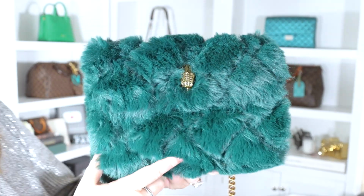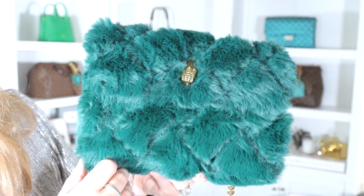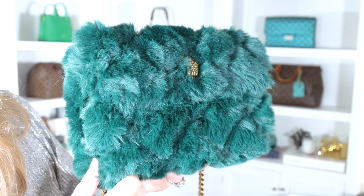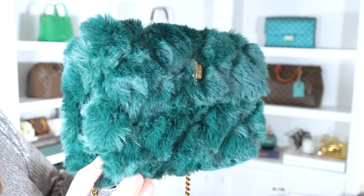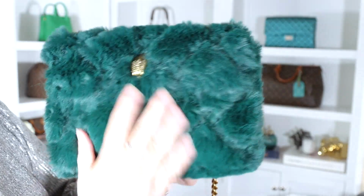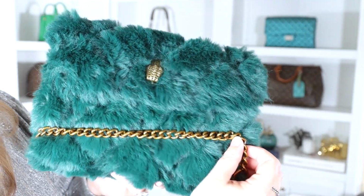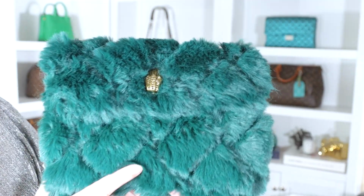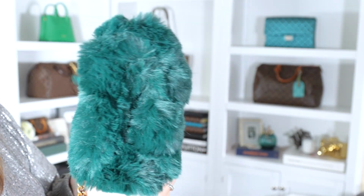It is darker than that. Well, I guess it really depends on the light that you have it in. That was one of the things I was wondering when I was looking at photos of this bag, is what color is it really? And I think that's pretty accurate. It's just a little darker. It's kind of an emerald green, and it has this dark antique gold hardware, brassy colored, which I think looks great with that color. You can see there is quilting to it, and let's give you the spin of this